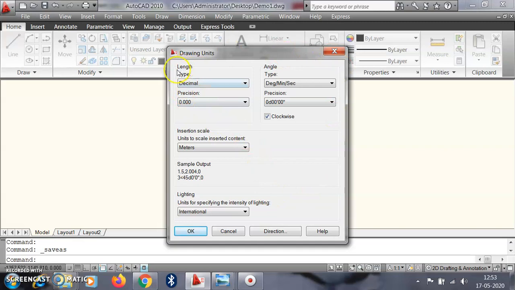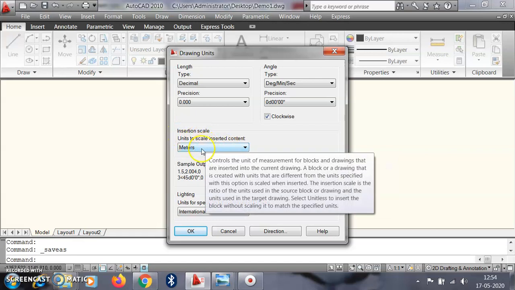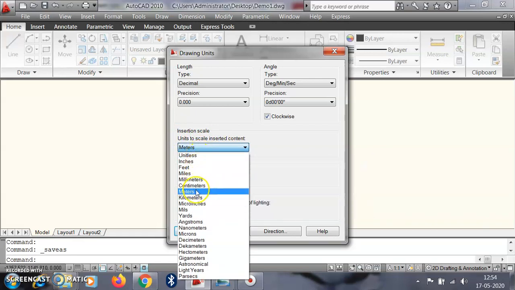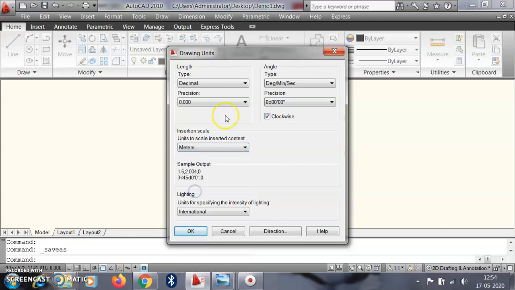Then very first, we start from the bottom. You have to choose the International. There are three options, American, generic, but we have to choose the International. After that, the insertion scale, which is default meter, and we have to choose the meter only. Most of the time feet and inches are required in some drawings, and in that case we use feet, inches, but in engineering most of the time we use the meter scale, so we choose meter scale.